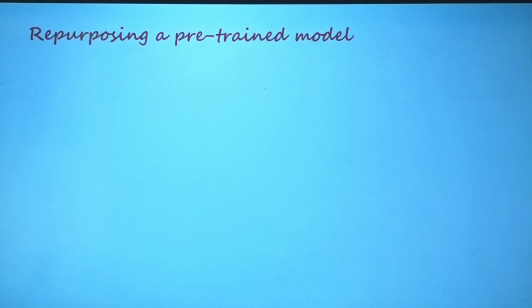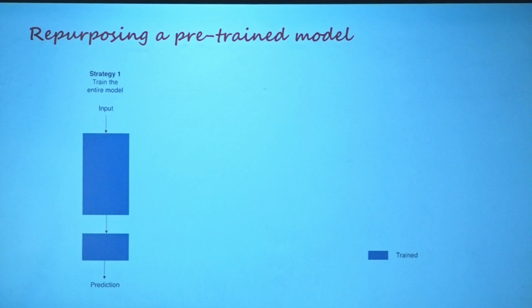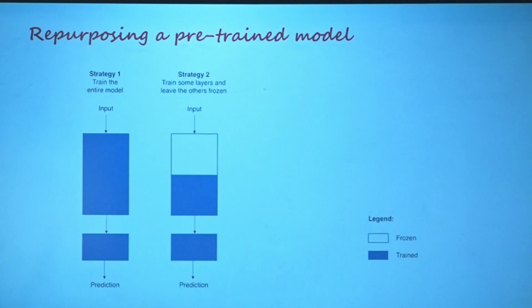That fine tuning is related to one of these strategies. The first strategy is, look here, the entire convolution part along with the classifier part has to be trained. This is strategy 1. Second is, only a few of the convolution layers need to be trained. The blue highlighted part is the training; the white is frozen. You need not update the parameters of all the layers. You can update the parameters of specific layers only during the training pass. That is strategy 2.